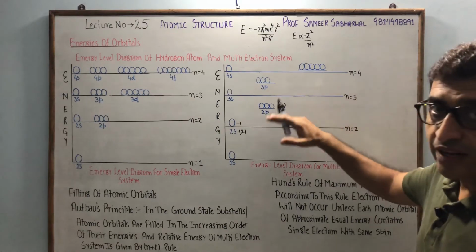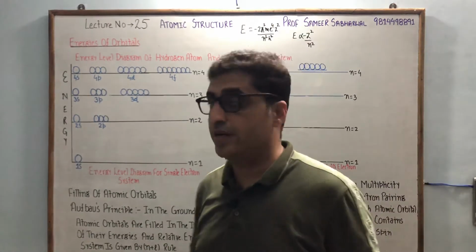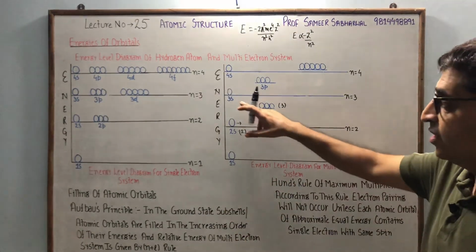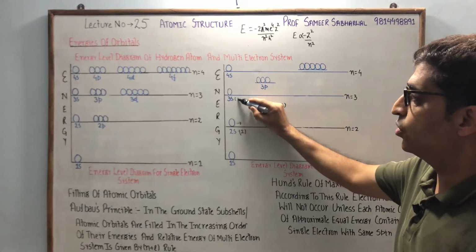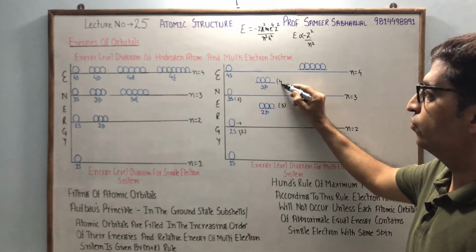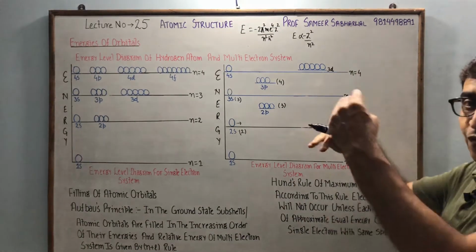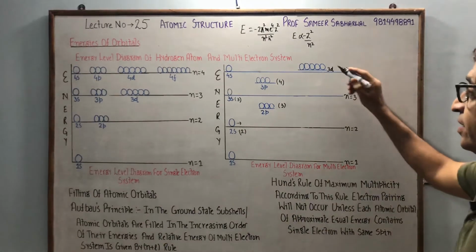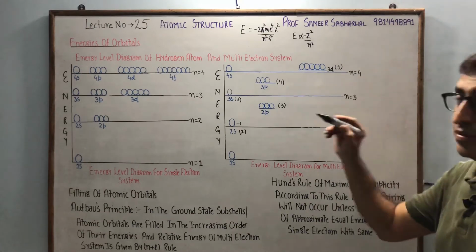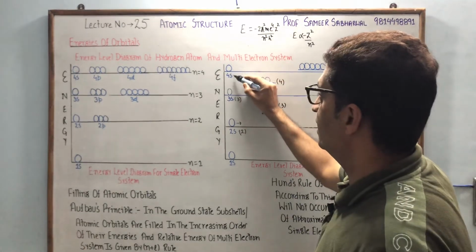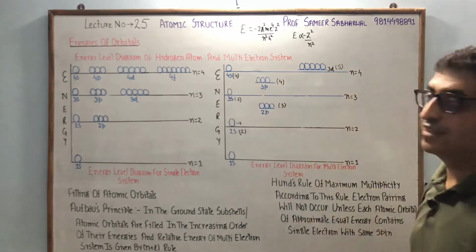So we can see that we have 2 subshells having different energies. Moving to the third shell, we have 3 subshells: 3s, 3p, 3d. For 3s, n plus l is 3 plus 0, which is 3, for 3p it is 3 plus 1, which is 4, and then 3d. You can see that I have drawn 3d in the fourth shell. Why? For 3d, n plus l is 3 plus 2, which is 5, and for 4s, n plus l is 4. So I can easily answer this part.